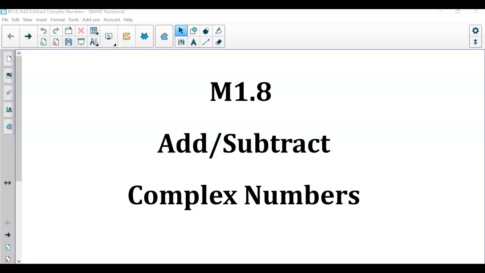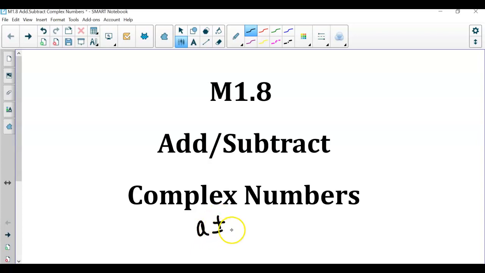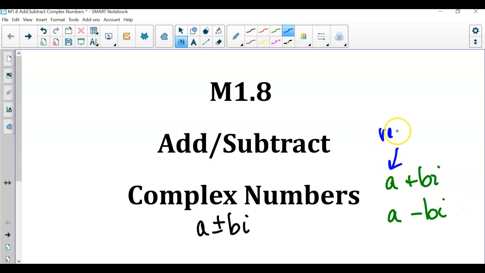In this lesson, I'll be going over how to add and subtract complex numbers. So again, remember our complex numbers are in the form a plus or minus bi. So we can write our complex number as a plus bi or a minus bi, where if you recall, our a is our real part, and b, notice how being the coefficient of i,